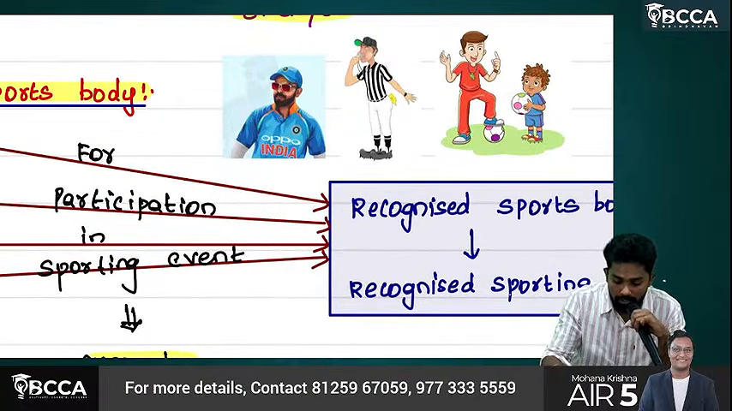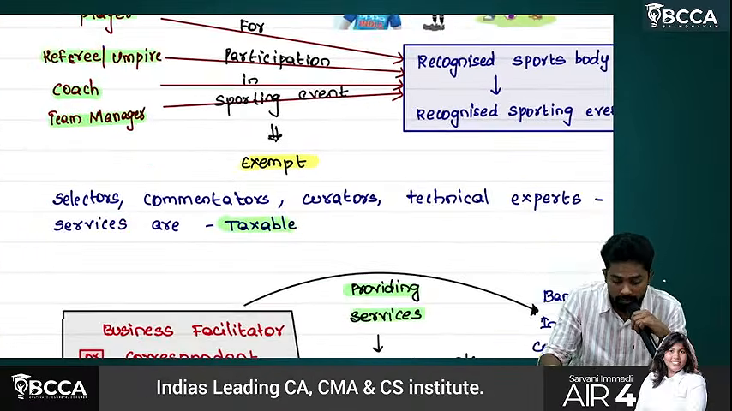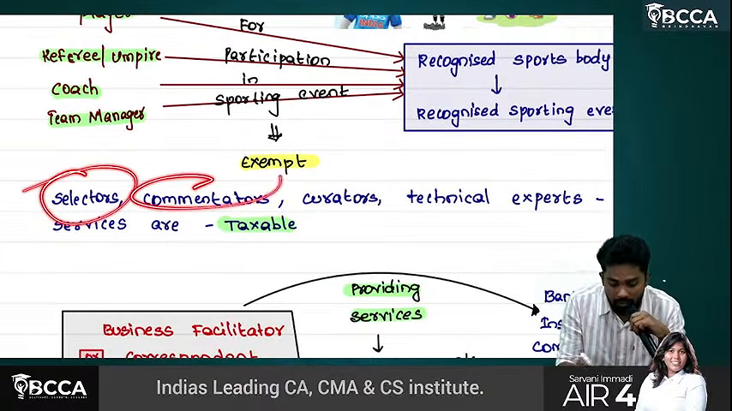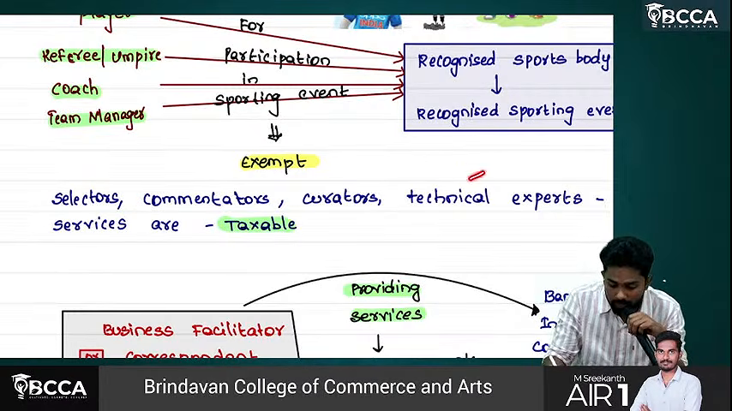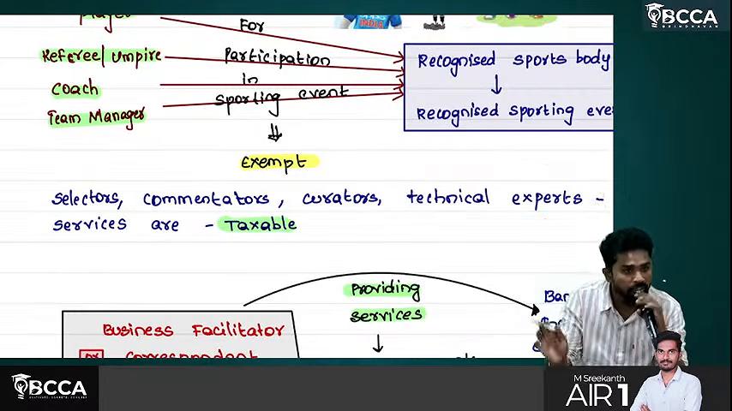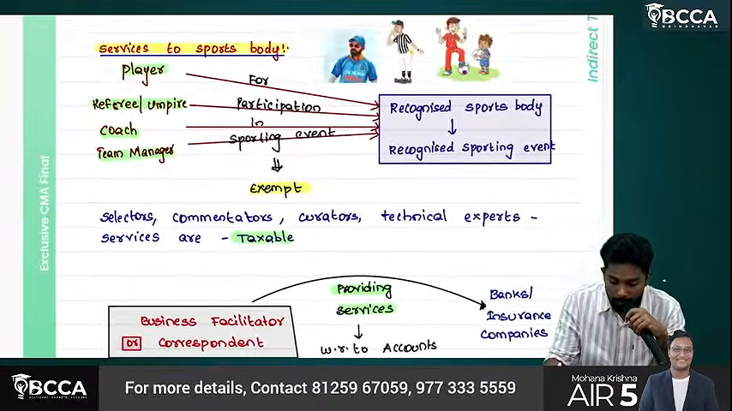So okay, he is a player, referee, coach. Their services are exempted. Whose services are not exempted? Selectors, commentators, curators. Curator means who prepares the ground. Then technical experts like cameraman and all. So okay, their services are what? Taxable. Okay. Then